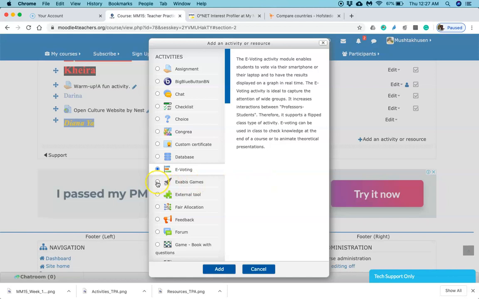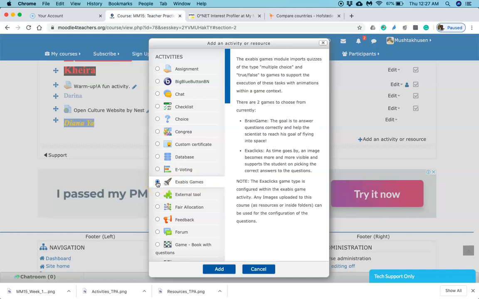Then we have got Exabis games. It is all about multiple choice questions, or maybe true or false. So these are very objective kind of questions, right? So you can add them. It has got two categories actually. You can select two forms of these games. One is brain game and second is exact clicks, right? So this is how you can add games.